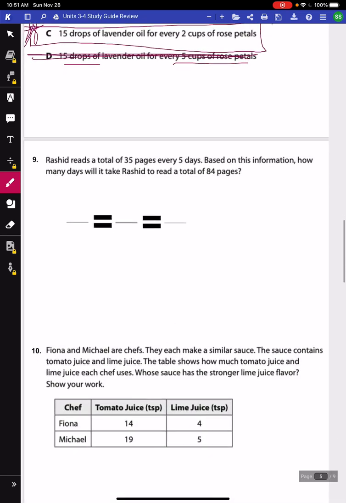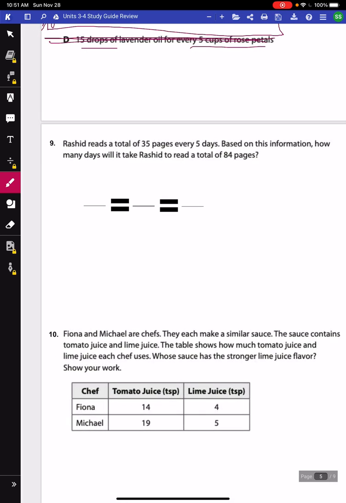Number 9. Rashad reads a total of 35 pages every 5 days. Based on this information, how many days will it take him to read a total of 84 pages? Well, we know he starts out with 35 pages in 5 days. And we want to know for 84 pages. Well, I have to put 84 pages up here because order matters. But can I easily go from 35 to 84? Not really. So I'm going to have to work my way down to figure out how many pages he reads